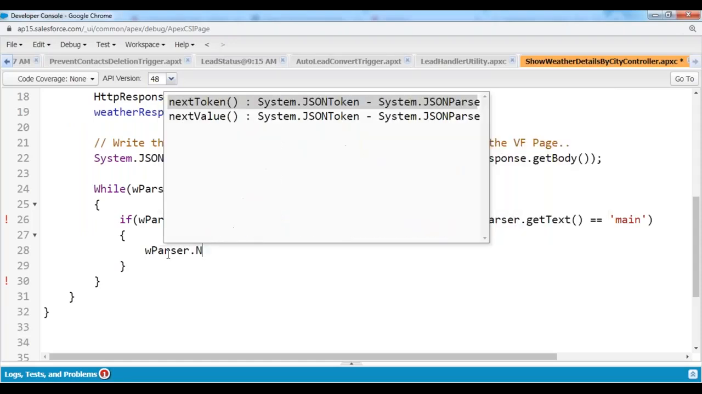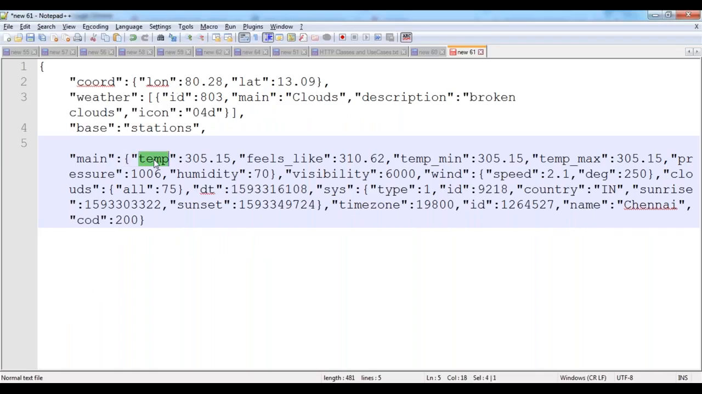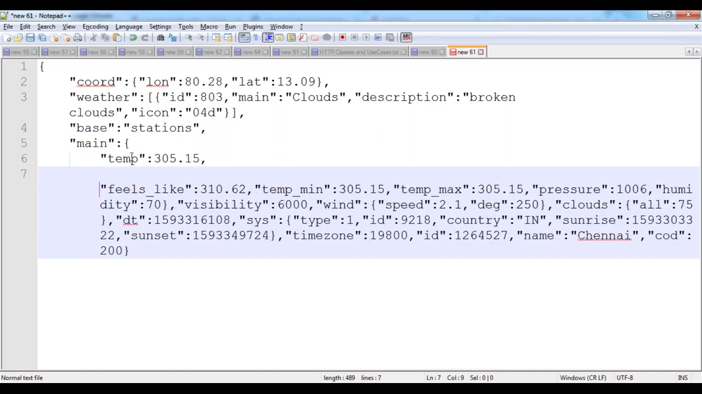W parser dot next token. I'm going to the next token. Here we are having this temperature, so the whole information is available over here. Now I would like to verify this information. This is the first key. What is this key? This is the key over here, temperature, and then feels like